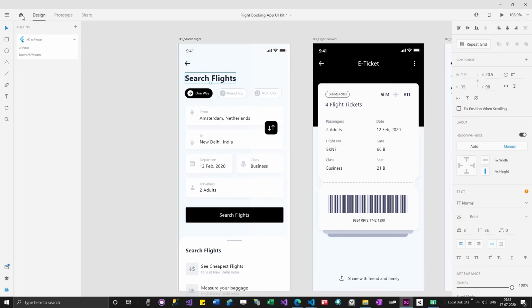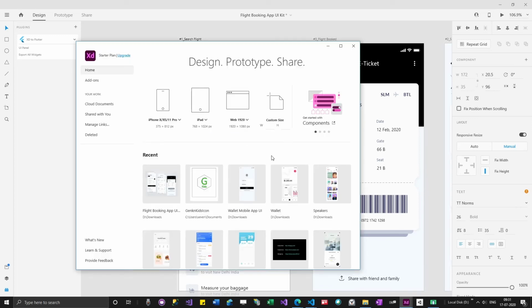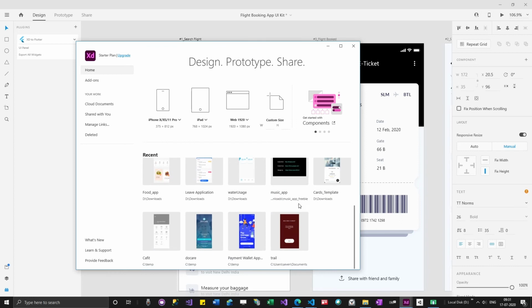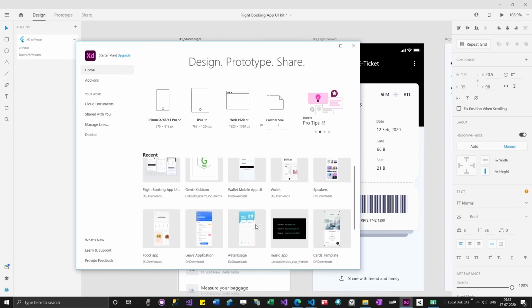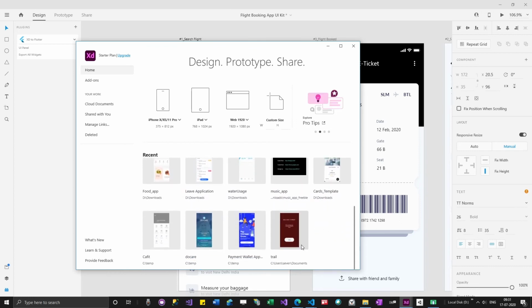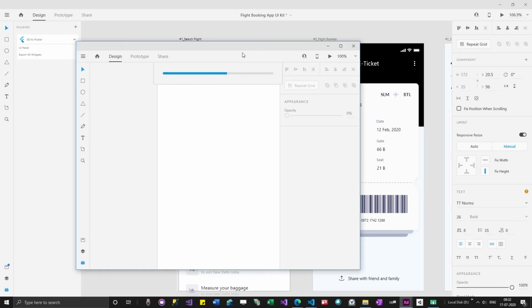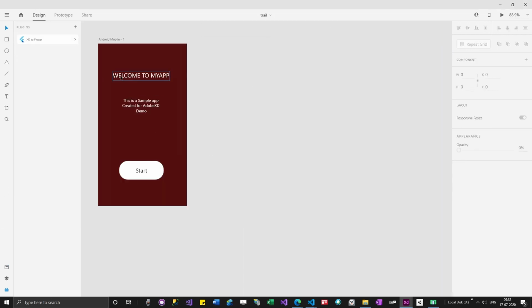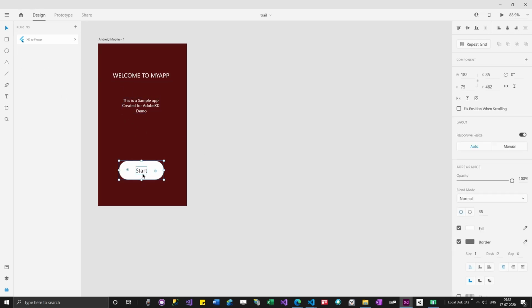One of the things I have done previously is this. For example, I have some idea in my mind, so I just develop a user interface like this: welcome to my app, and so on. I drag and drop, develop all this stuff, and export the code using XD to Flutter, then use that code wherever I want.